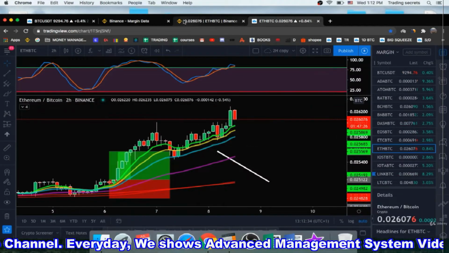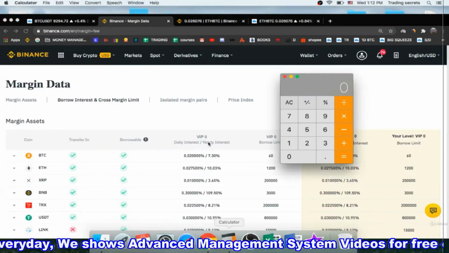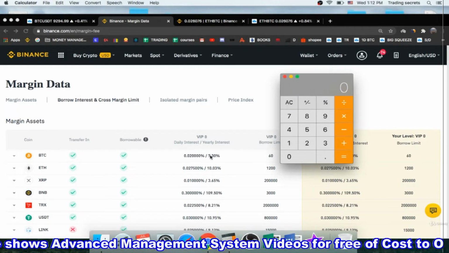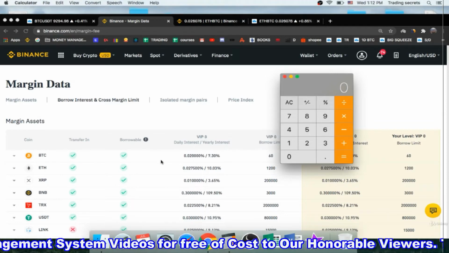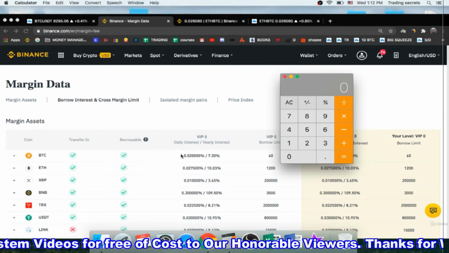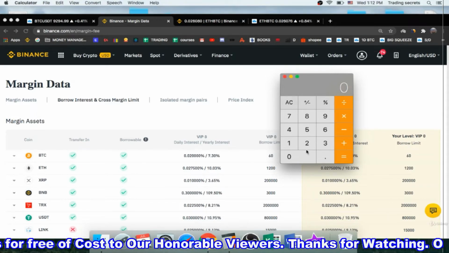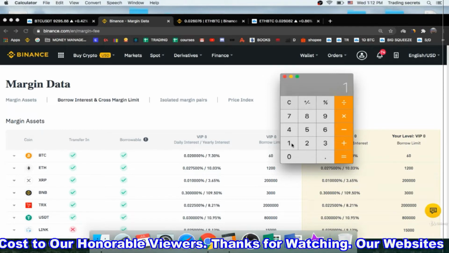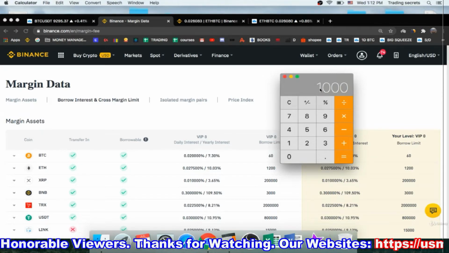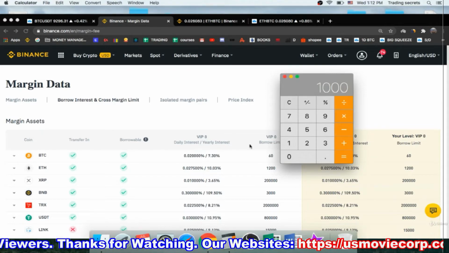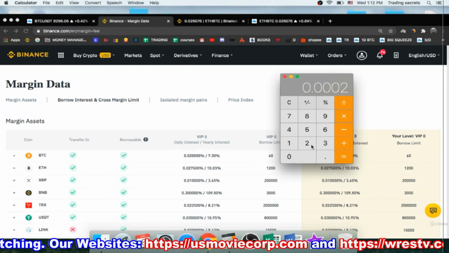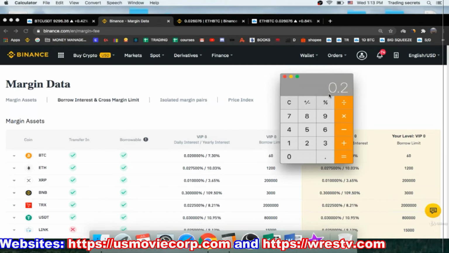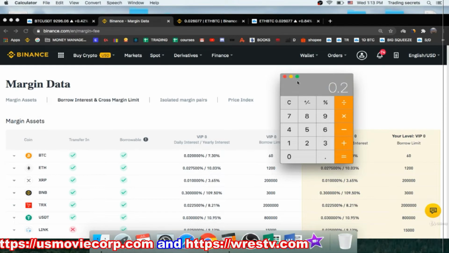A long position right here. So you don't have to calculate these fees always. I'm just showing you how to do it, to be aware of how much you are going to pay. But of course you don't have to do that always. So let's say that you have to borrow Bitcoin for $1,000, then you will multiply by 0.002, and basically you will pay a 20 cent fee. So you see, it's almost nothing.